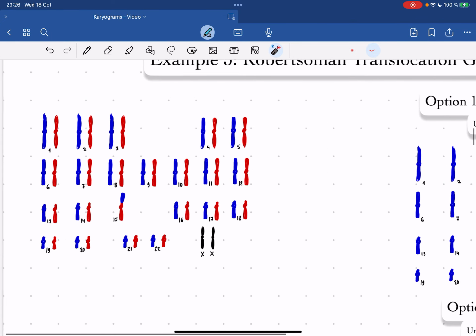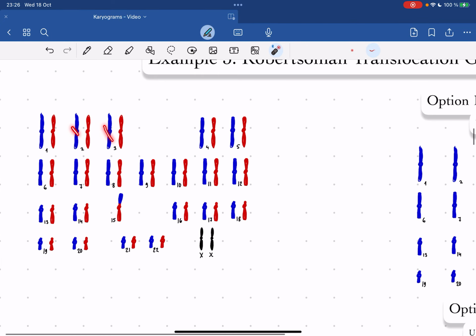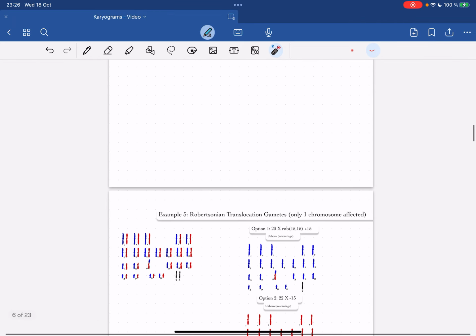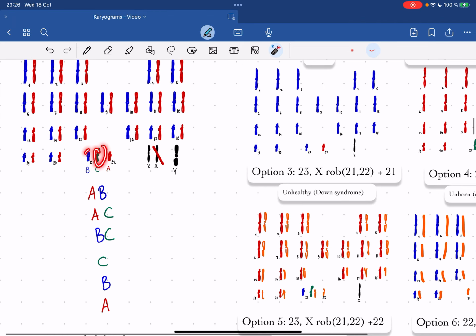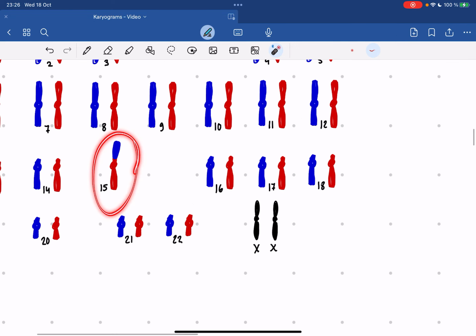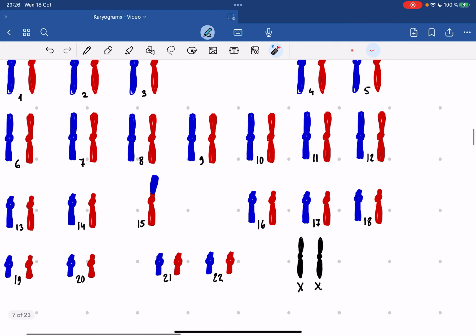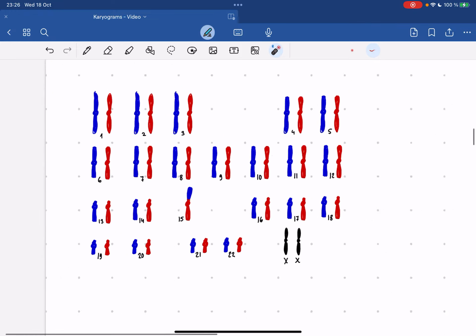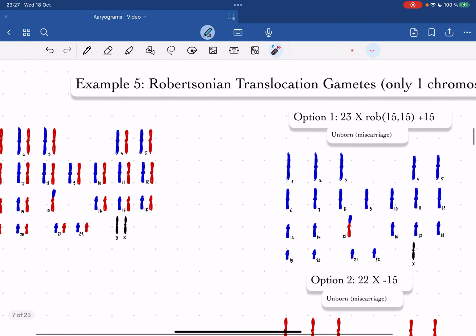Why? Because imagine it like this. You're taking only half of the chromosomes from a karyotype to create a gamete, right? So you can either have this, because this is the only one that's affected. It's not this and this and this, like we had with the normal Robertsonian, where it was this or this or this. In our case, it's only 1 chromosome that's affected, and therefore we would choose either to have it or to not have it. So in this case, it would be